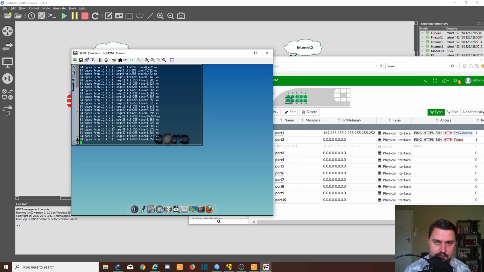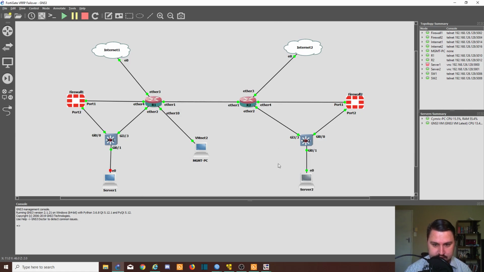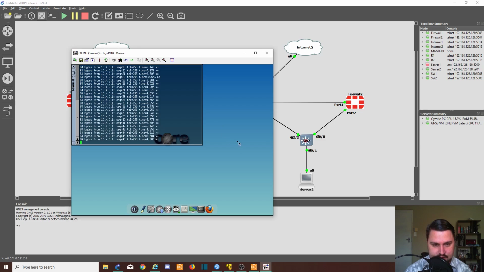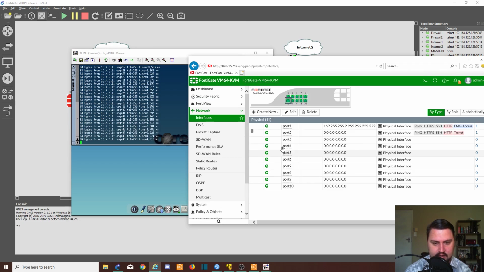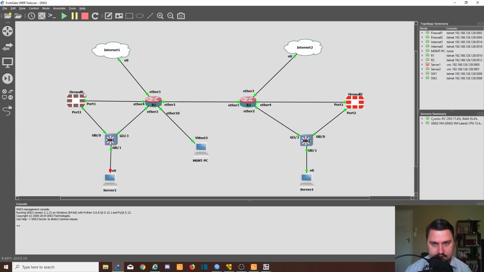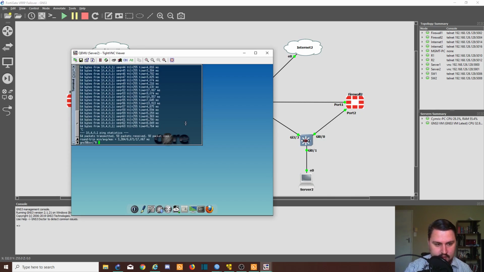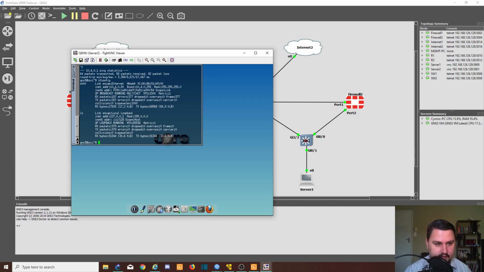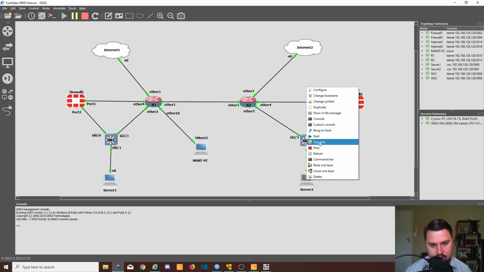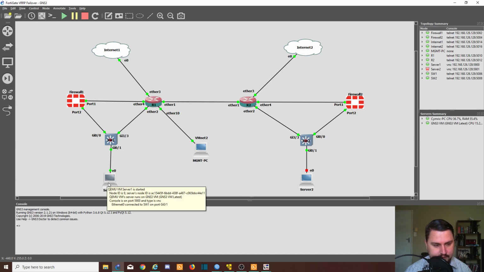I think it was earlier just because we had the multiple IPs. The reason I did want to have multiple IPs is just to showcase to you, if you have multiple servers with the same IP address, how easy it is to fail them over. Because what I can do now is we can put this DMZ client back on. So it will use firewall 1 again as the primary device. And I'm going to start server 1 again. Remember they've got the same IP, ifconfig 10.4.0.50. So if I disable this one, stop it, get onto server 1,